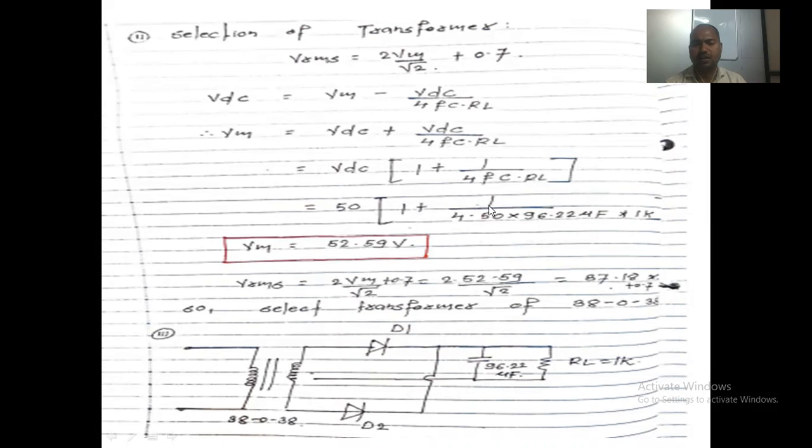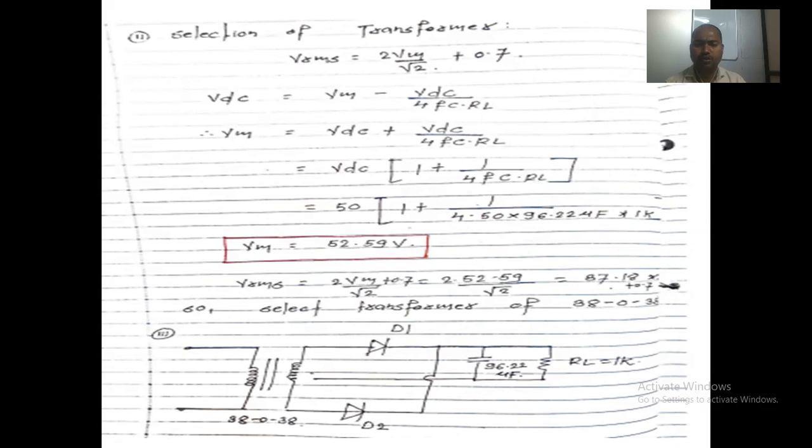See, again calculate this thing. 4 into, please tell me one step. 4 into 50, it is nothing but 200. Okay, write down in a bracket, 200 into, all things are in bracket, 200 into